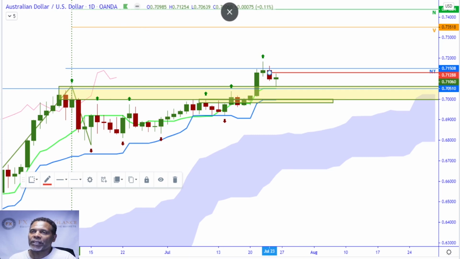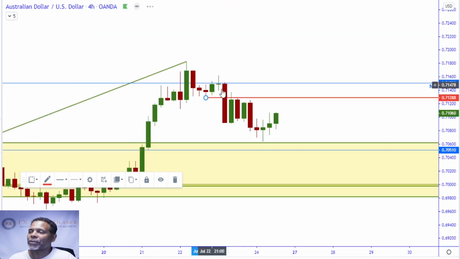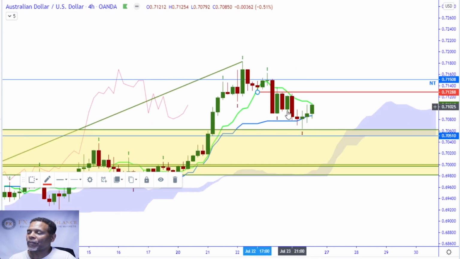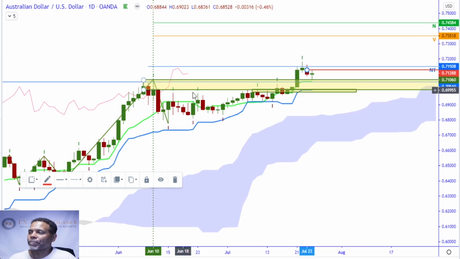Now let's go to the 4-hour time frame. See this real quick. So the 4-hour gave us an entry right here, basically would have been entering the market at this point. All right, on the 4-hour time frame. Back to the daily, you can see we're looking for the entry at this point at about